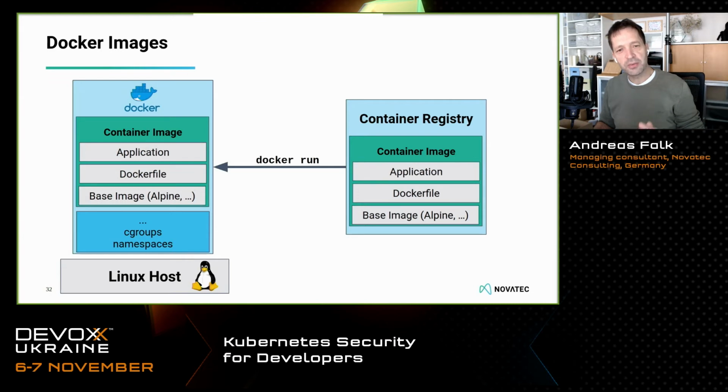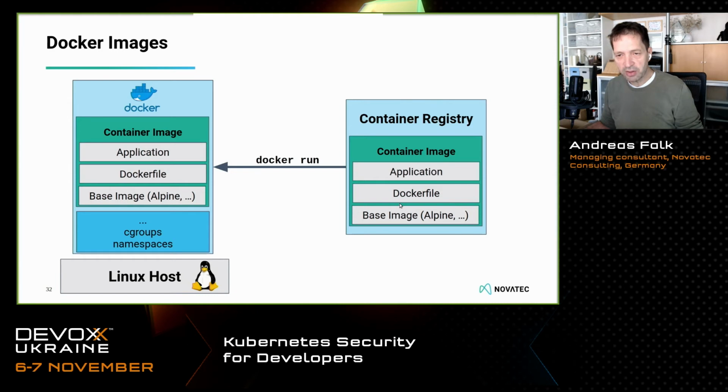But we will now deal with Docker images. So this is how containers and images are working. Usually you build your own container images, which are usually built by using a Dockerfile. In a Dockerfile, you have to specify some base image, like using Alpine, for example. You could also use Ubuntu or distroless images from Google. Then use a Dockerfile to describe what packages you need in addition to your base image. And then your application will also be packaged into that container image.